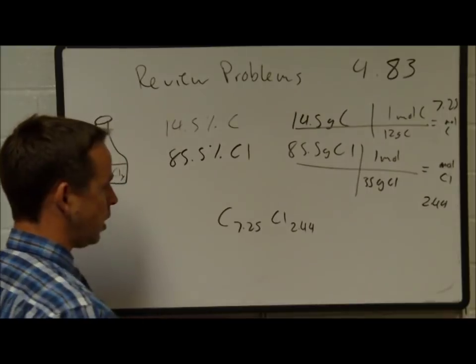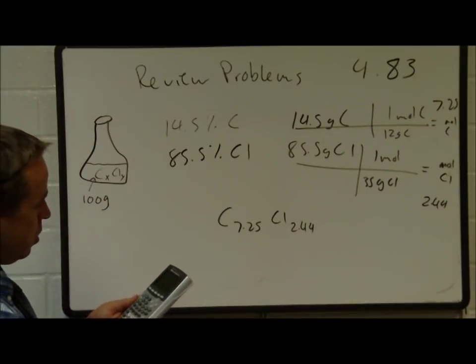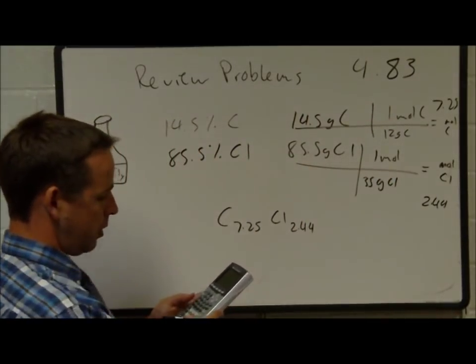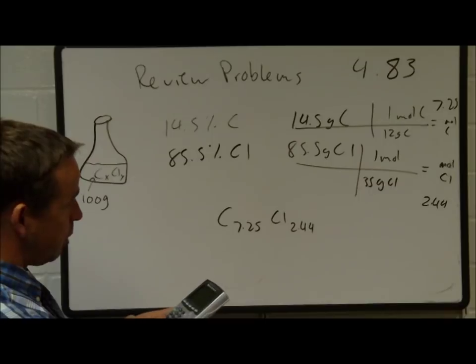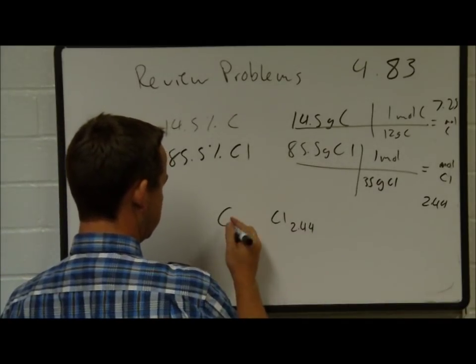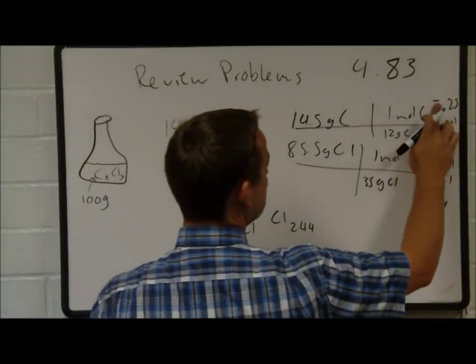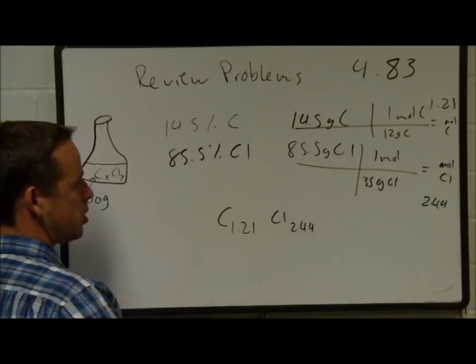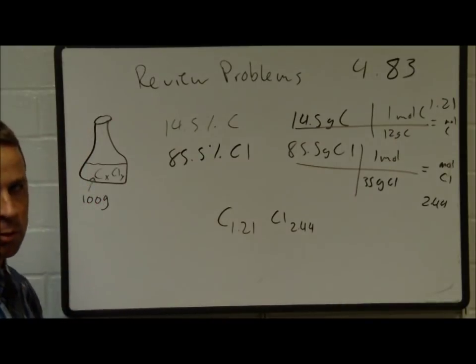All right? So, whoops, I made a mistake there. 14.5 divided by 12 is 1.21. All right, so this is our number of carbons and number of chlorines,